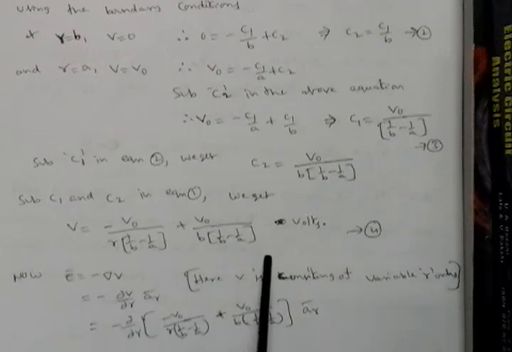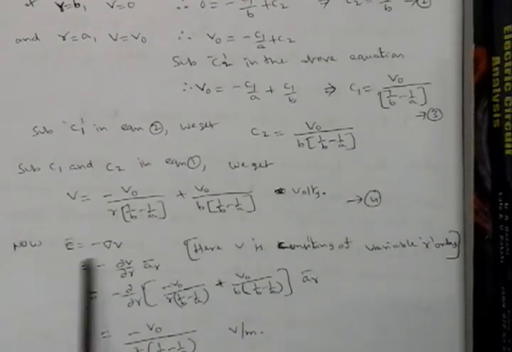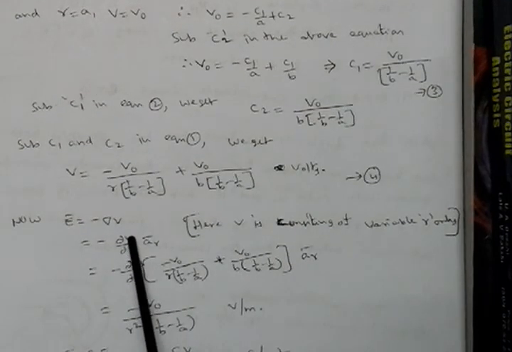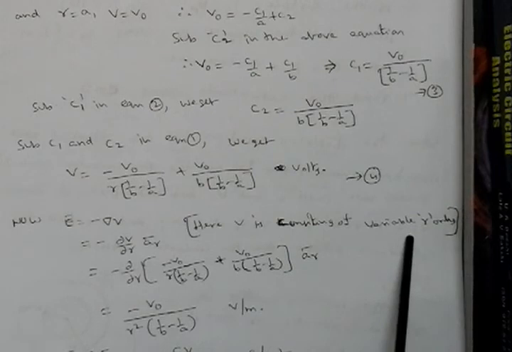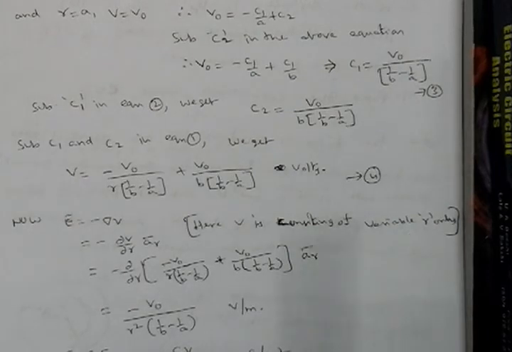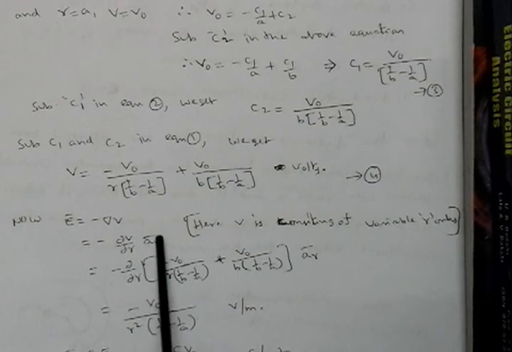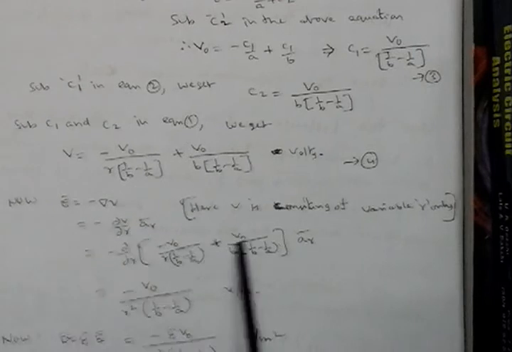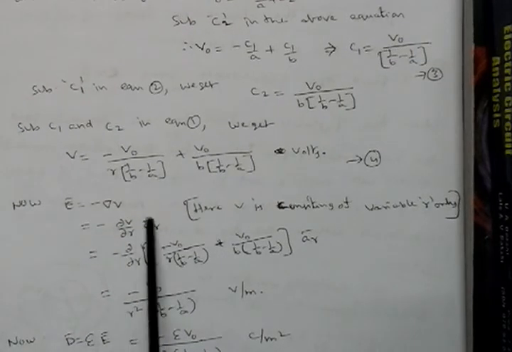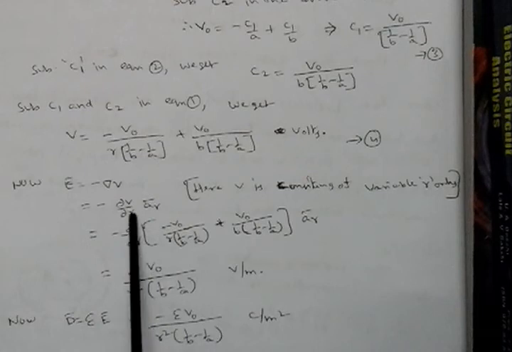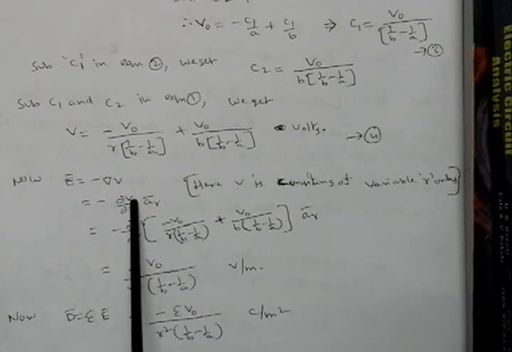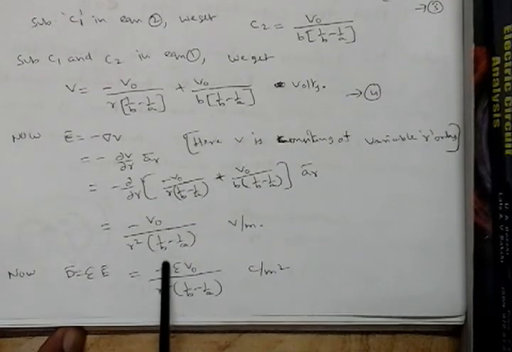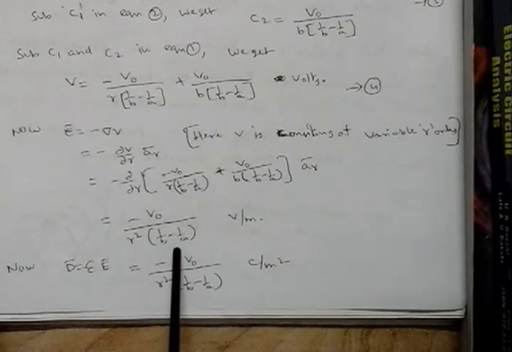After getting the potential expression, next we need to determine what? E bar. E bar is equal to what? Minus del V. And once again here, no need to write the complete del V formula. Why? Because V is a component of R only. The remaining theta and phi terms are not required in this del V expression. Even if you write them, later we need to substitute the two terms as equal to 0. It is a waste of time, so directly you can write down. So del V is equal to, V is a function of R only, so dou by dou R into ER bar. So substitute V from this, then you will get E bar is equal to minus V naught divided by R square into (1 by B minus 1 by A).